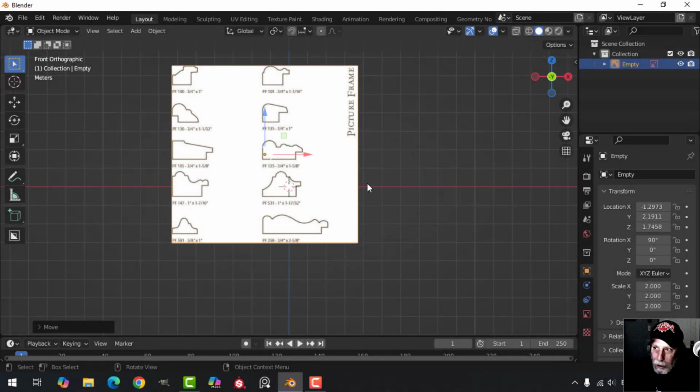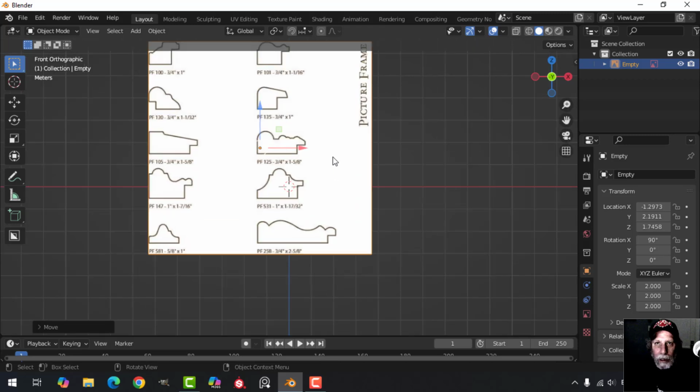In this Blender quick tip, I would like to talk with you about the Shear tool. I'm going to give you two examples of how you can use the Shear tool. So what I've got here is an image that I got from the internet. I just searched for picture frame profile, and I'll link you to this if you want to do this with me. And you can find these images to do trim around a wall, or like I say, a picture